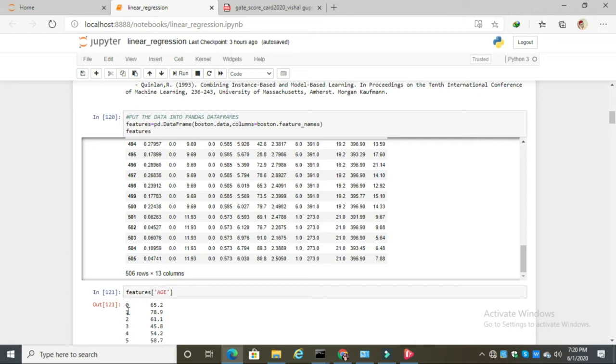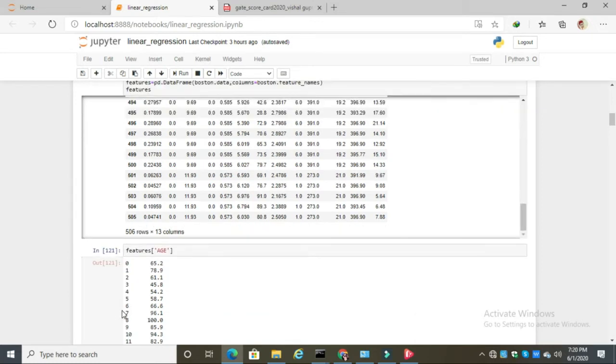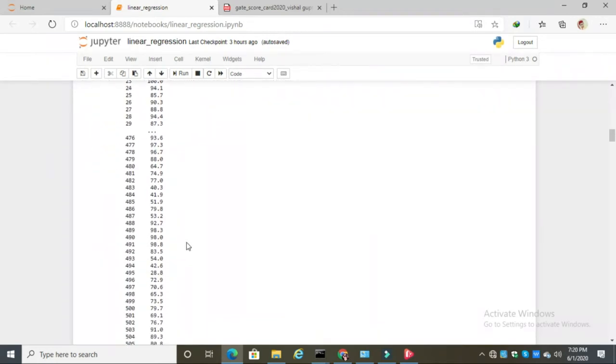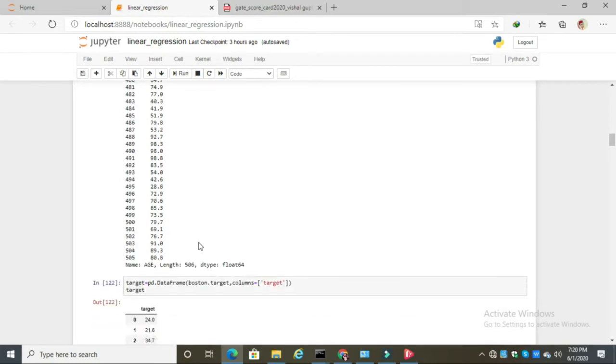We can also use a command like feature and call a separate column like age, and after running it we get the output as this.